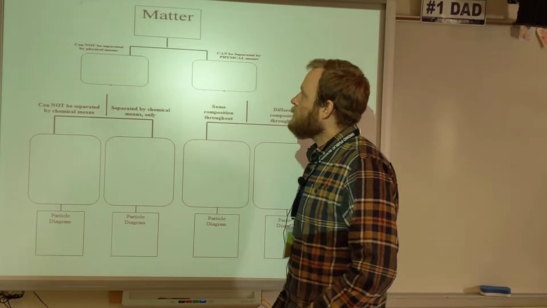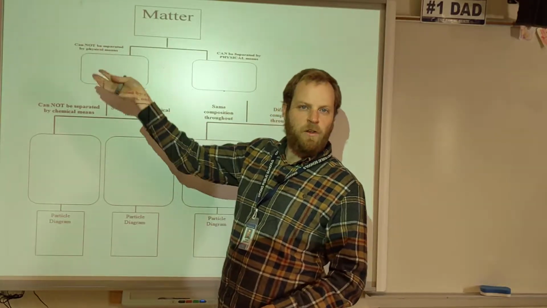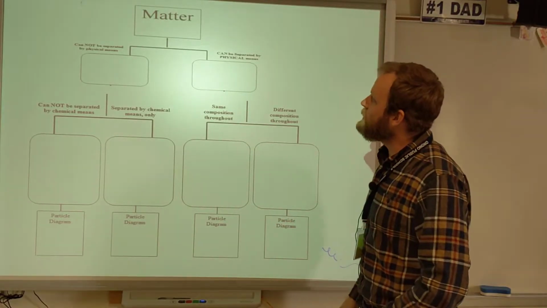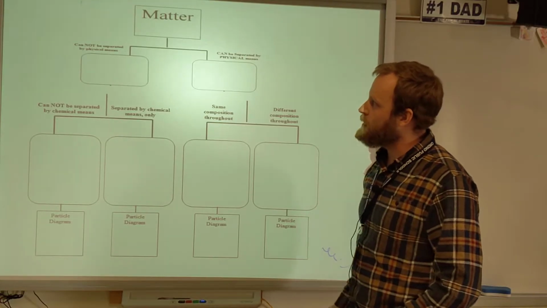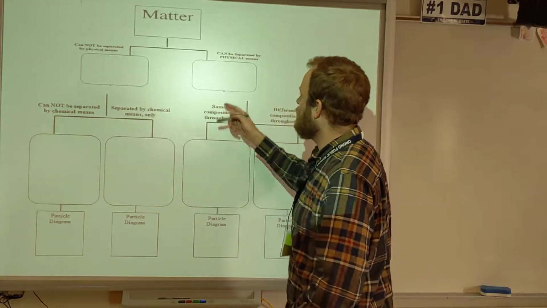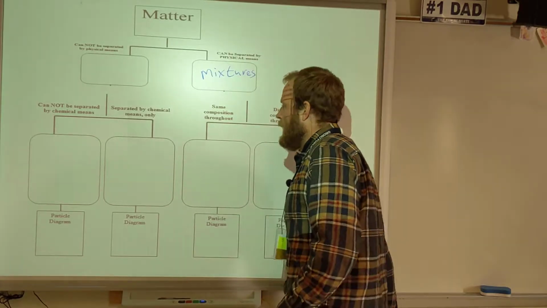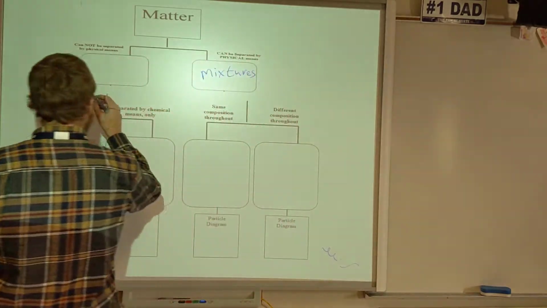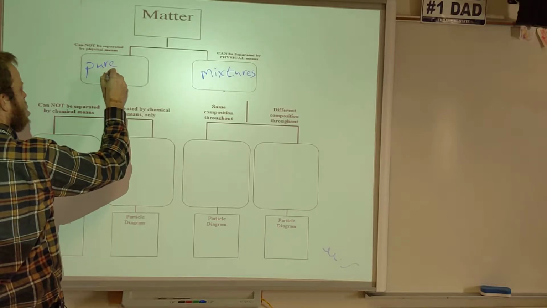So matter. There's basically two overarching classifications of matter: those that can be separated by physical means, meaning actually separating them by physical means, and those that can only be separated by chemical means, so they're a little bit different. The things that can be separated are mixtures. If you have a mixture of something, you can separate the two things that are mixed in it. If you cannot separate it physically, these are called pure